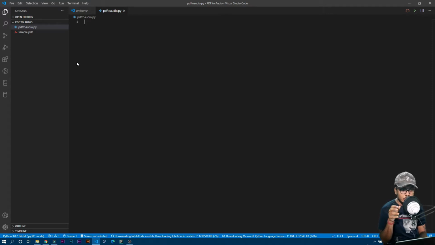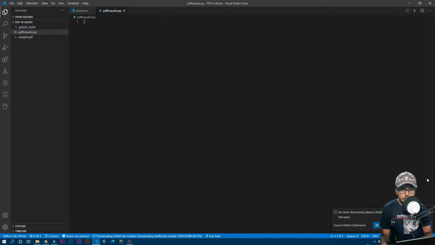We want to write code which will basically ask you every time which PDF you want to run this time. You can just choose one PDF, then it will convert that into an audio file, then it will speak that audio for you. That will be more like a variable, it is not a constant for a file. It will ask you every time you run this code which file you want to run. And there is one more module, that is tkinter.